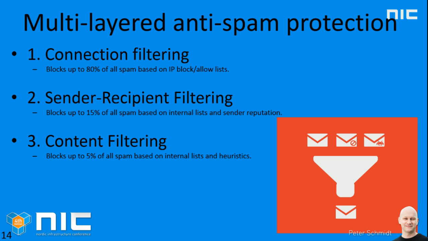The next step will be all the recipient reputations. So based on different reputation lists, 15% of all spam will be filtered off in this step. And the last step is the hardest part to detect. It could be any potential image spam, or where spam is probably more covered up within the mail, but this is where the last 5% will be detected and filtered off.